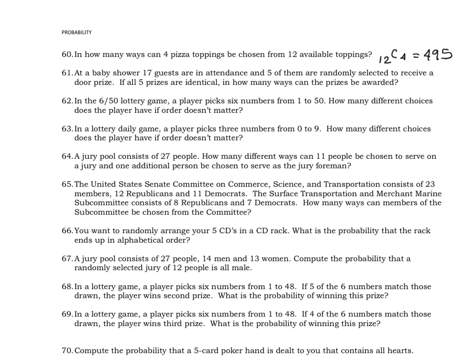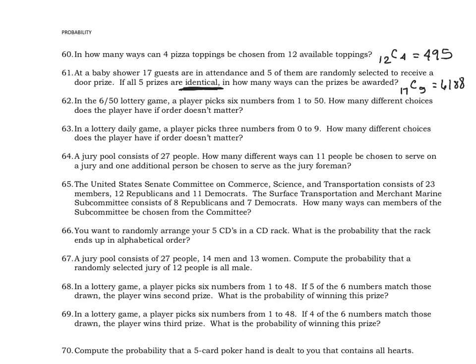At a baby shower, 7 guests are in attendance, and 5 of them are randomly selected to receive a door prize. If all prizes are identical, and this is key right here, identical prizes, in how many ways can the prizes be awarded? So we're going to give those to 5 different guests here, okay? So again, it's all the same prize, so we don't care about the order there. So that's going to be 7C5, which will be